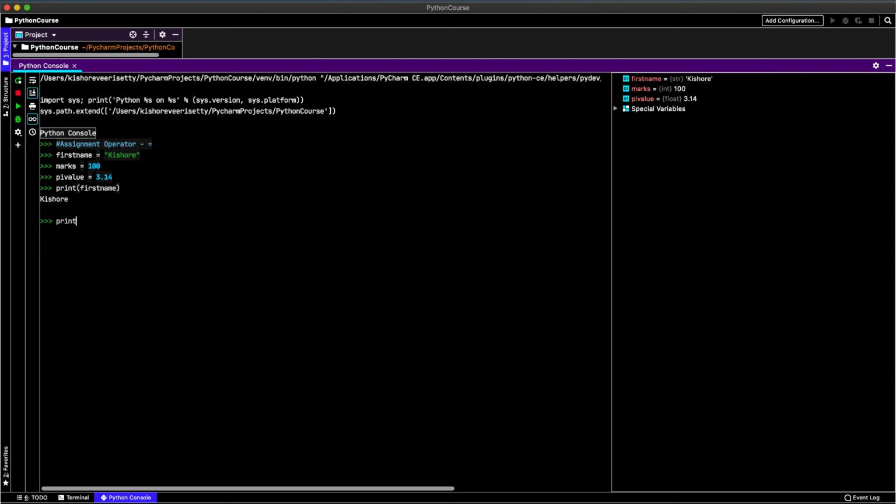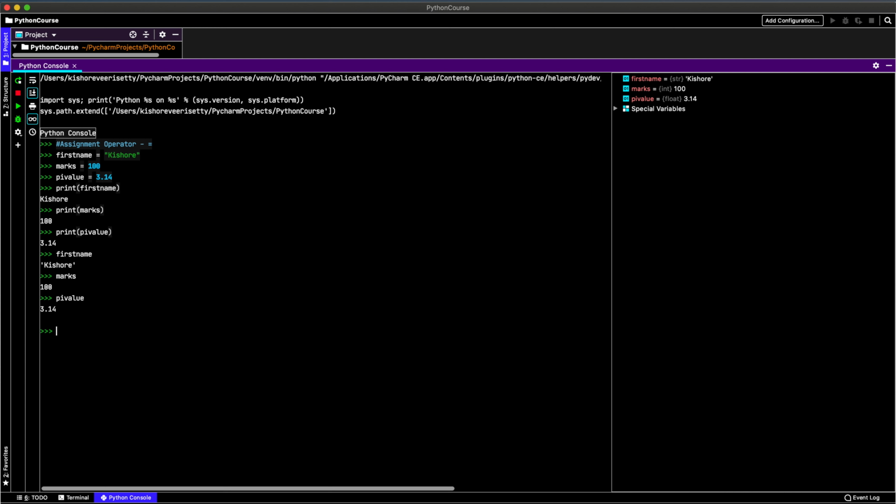And you can use print for other variables as well. Simply use the print statement to print the value inside a variable. If you don't want to use the print statement, you can directly use a variable name to print the value at the prompt, like first name. If you hit enter, you will get the value inside the variable first name. Okay, and similarly for other variables as well, you can simply use the variable name to get the value out of those variables.